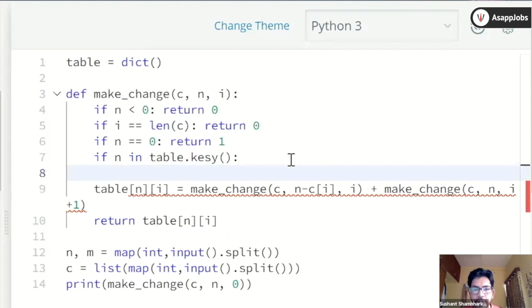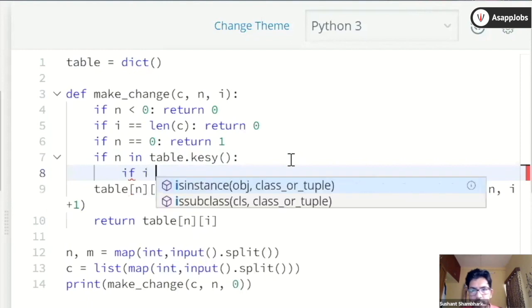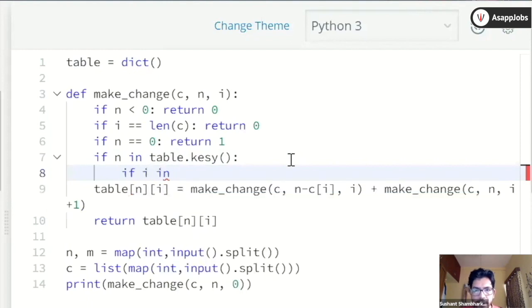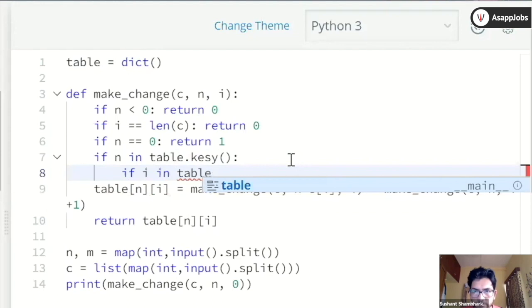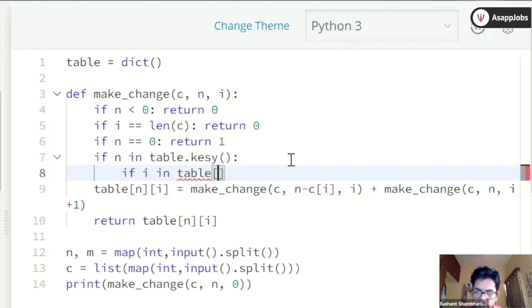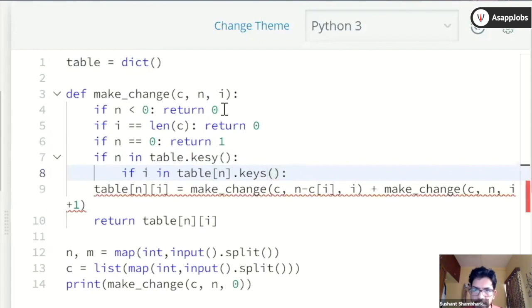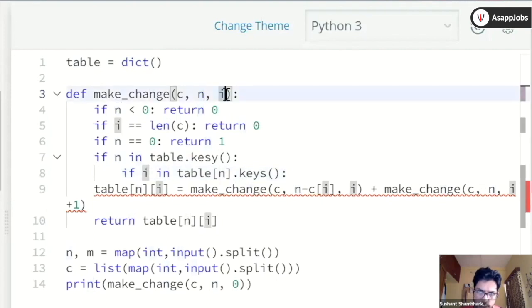So if that key exists, then we have to check whether the i is in table n as well. That means both the keys exist. We have two keys. One is n, and this didn't need to be used as a key, but let's just use it as a key for now.